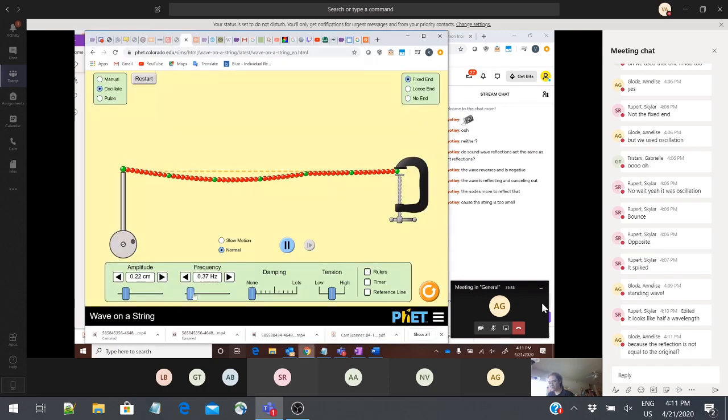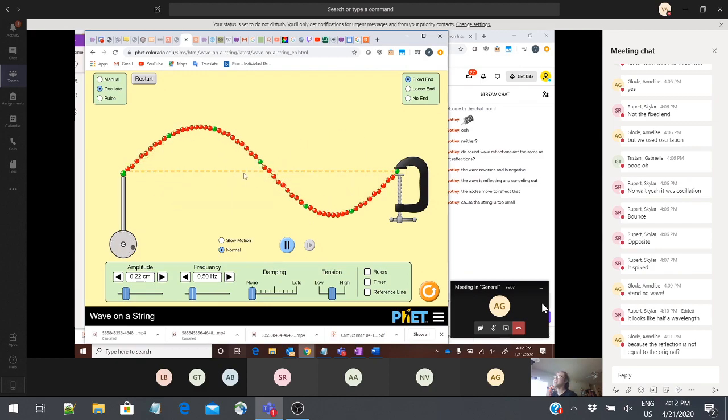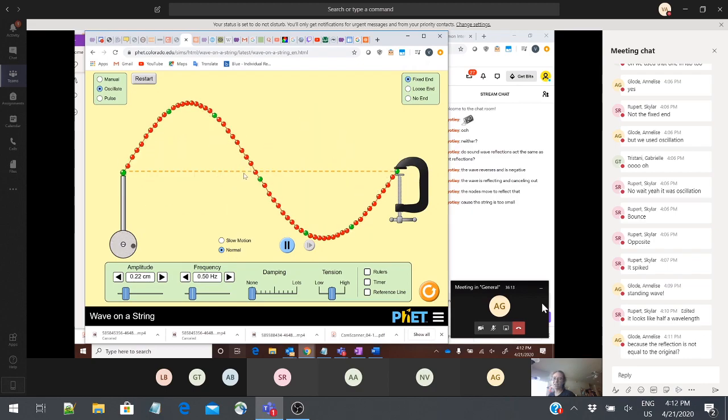37 did not. 50 kind of got pretty close. Because the reflection is not equal to the original. It's not so much that the reflection is not equal to the original, but we're going to talk about why. The reflection is equal, but